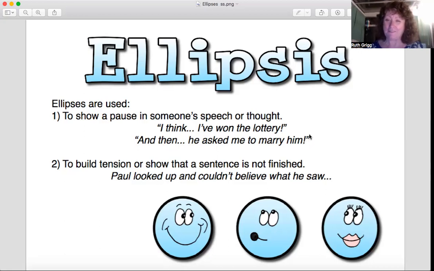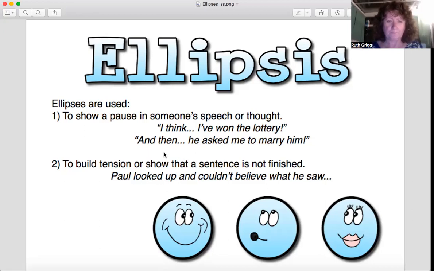So we have emphasis, closed speech marks, but again, the bit we're looking at is this bit here where there's a pause in what they are going to say, what they're going to share with you. So it's usually something quite exciting. Could be bad news as well. Could be either one. But we put those dots in to show the thinking, to show the break in between